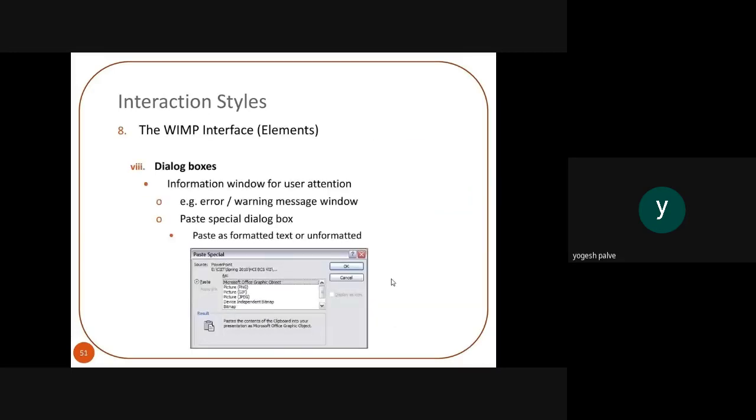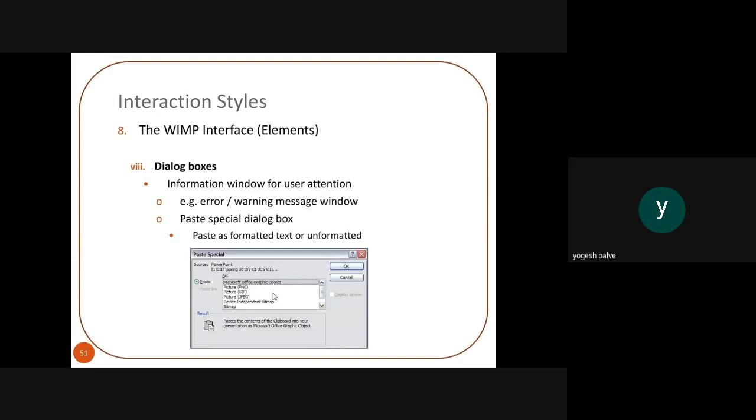Then there will be dialog boxes. As you will see, this is the diagram of the dialog boxes. Here you will see an information window for user attention. Examples are error and warning messages in a window. The user can just see the error or the warning messages.